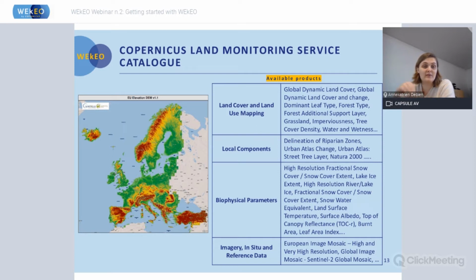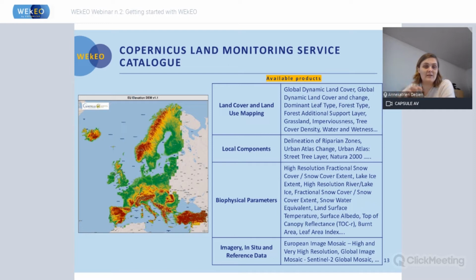Any biophysical parameters on land, for example, for cryosphere, not looking at sea ice, but looking at snow cover, lake ice, which is taken into the land component, river ice even,